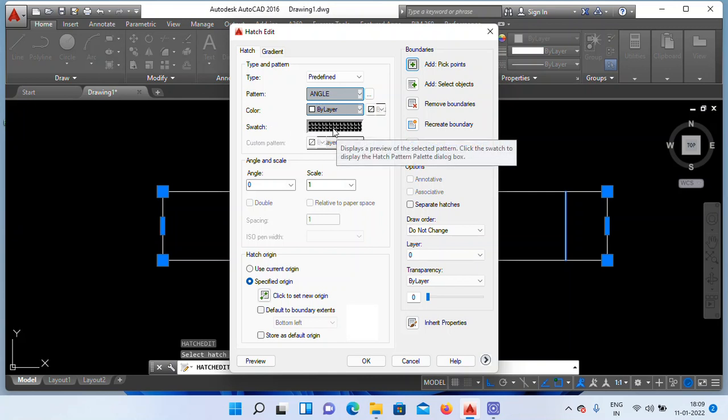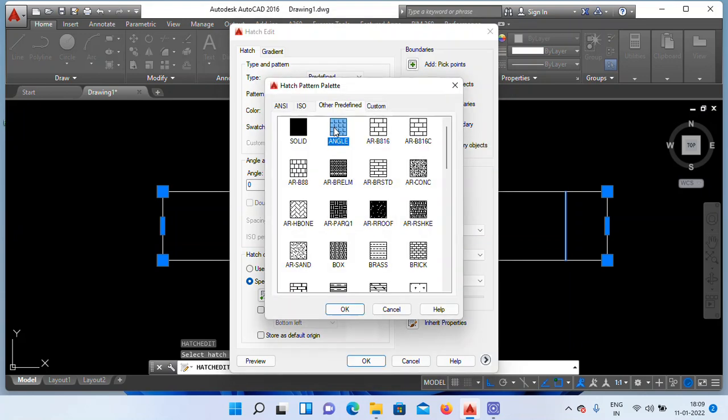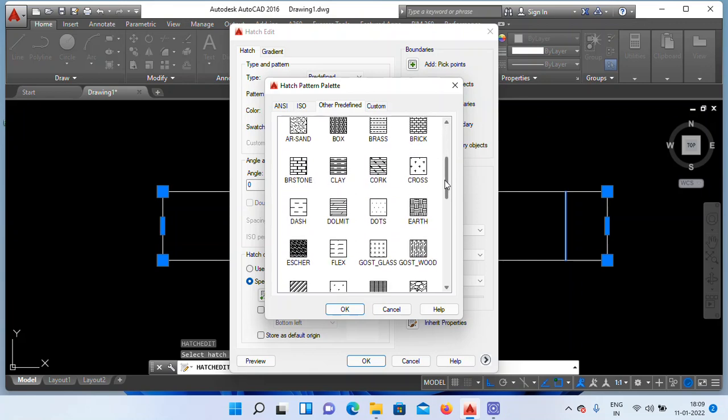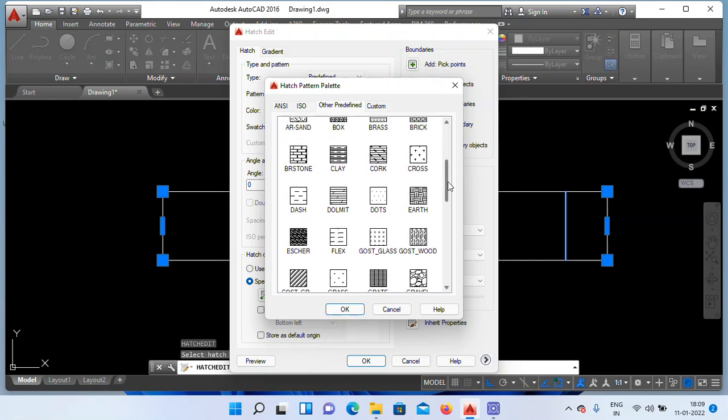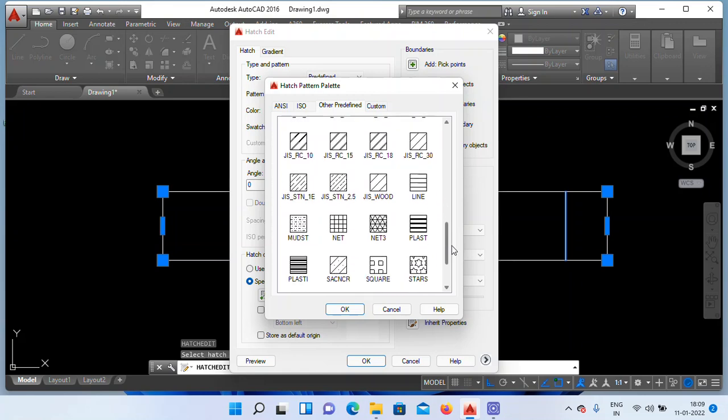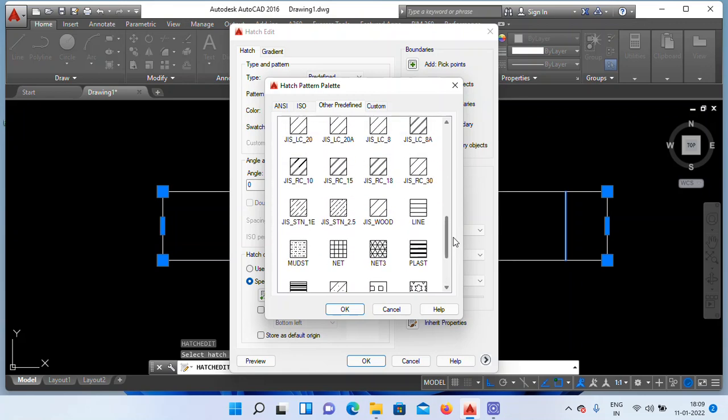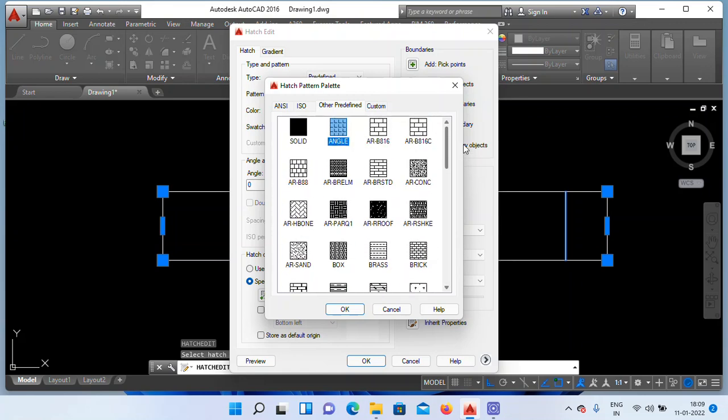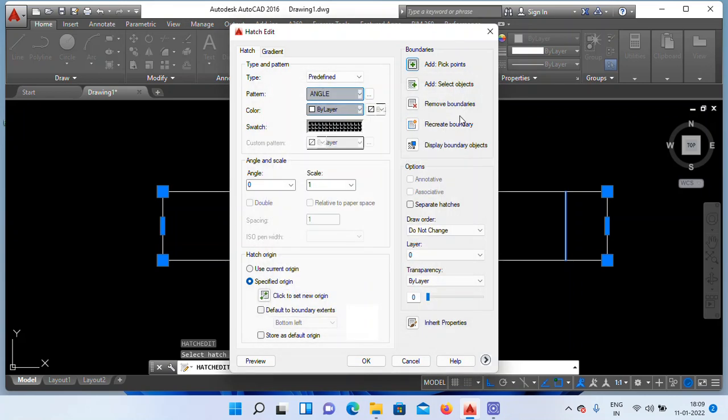If you want to change the design, click on swatch design. If you need to select any other designs, select. See, designs are here. Whichever you need, select, right? If you don't want, close this. I need to decrease this size value.